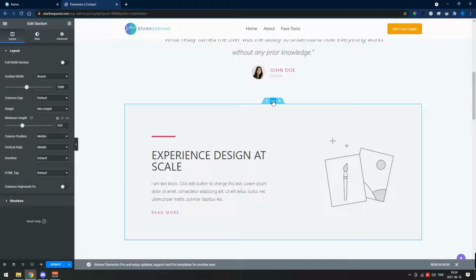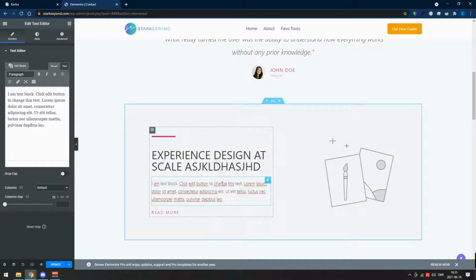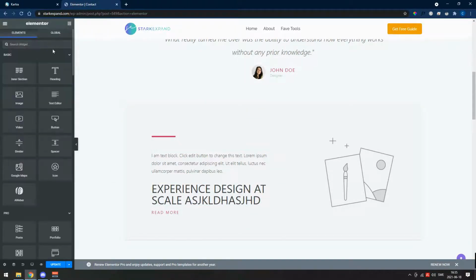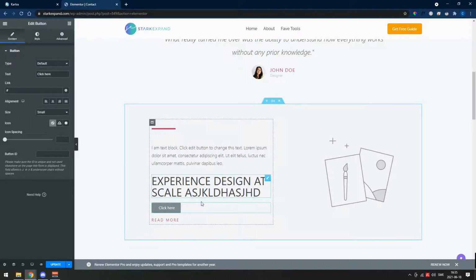Here is our section that we had previously, where you can, just by clicking on it, adjust the minimum height and how it should behave. And inside you can just click and you can start typing, as you can see, really quickly. If I need to move any kind of section, I can just drag it at once and place it anywhere I want. If I want to add, for example, a button over here, I will just find my button. Here it is, drag it in, release it, and here it is. And you can customize it and say